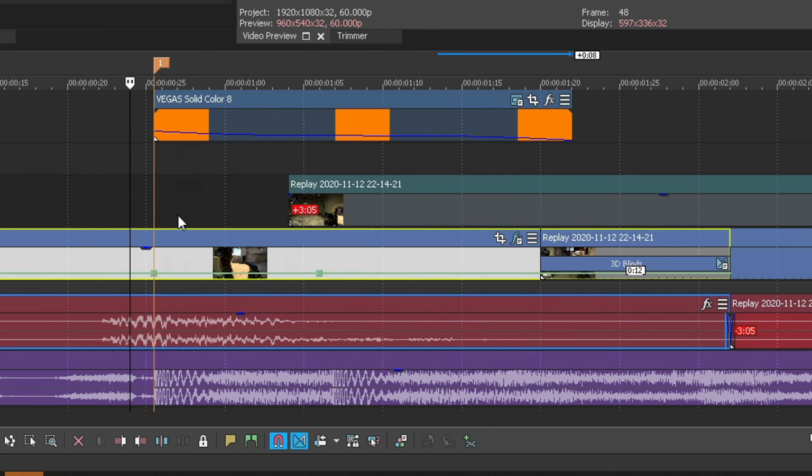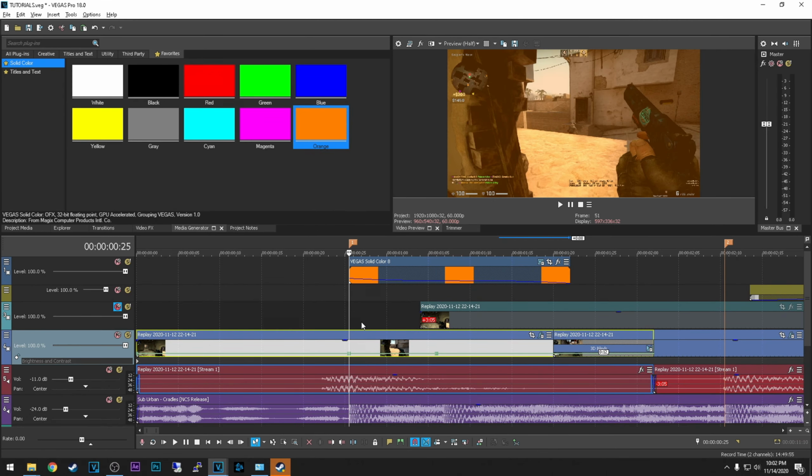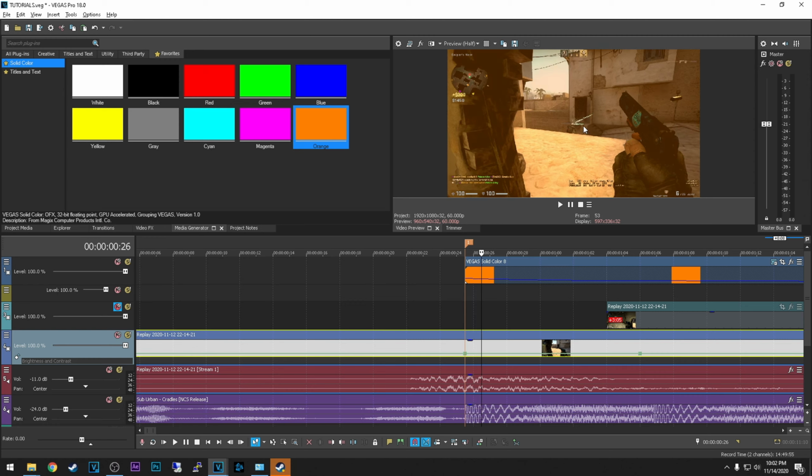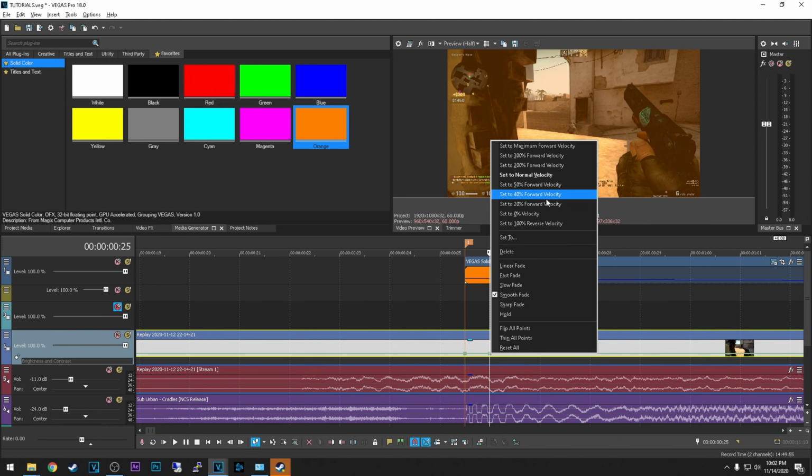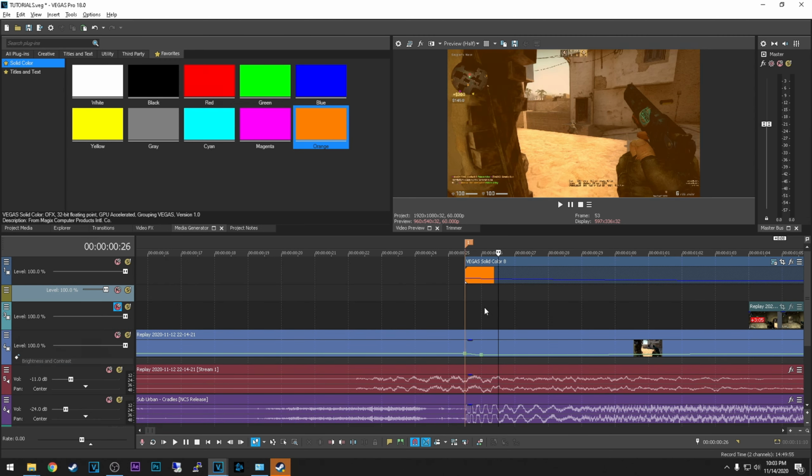And right now I just want to make this slow as soon as I hit this guy's head, so I'll need to zoom in and add another keyframe and right click on it, and I'll set it to 20% forward velocity. Basically this means a 20% speed for this keyframe.